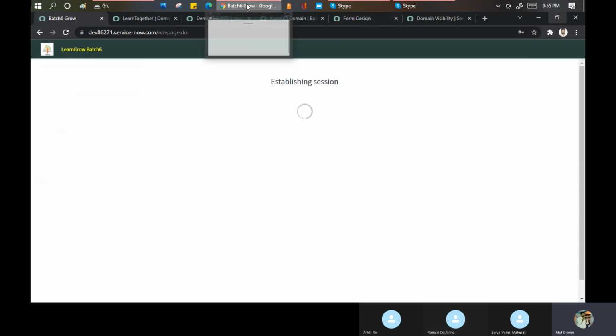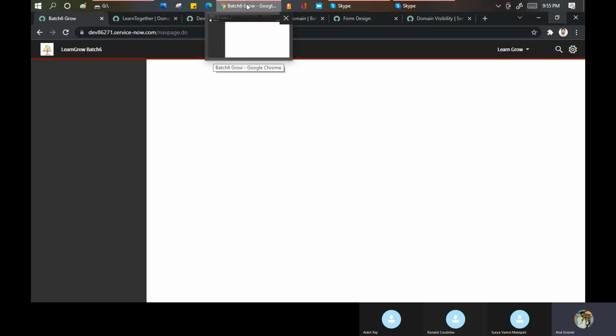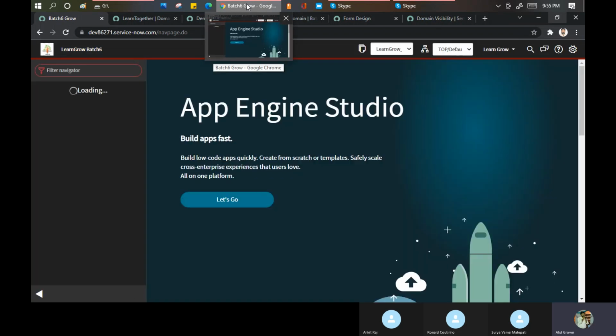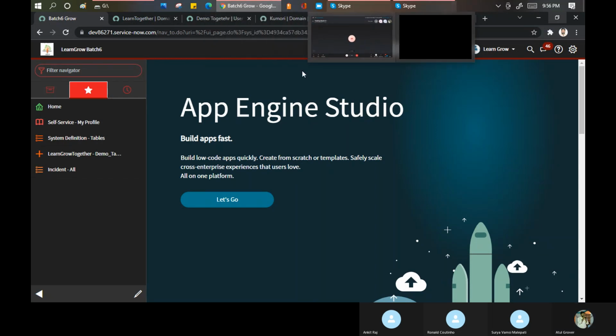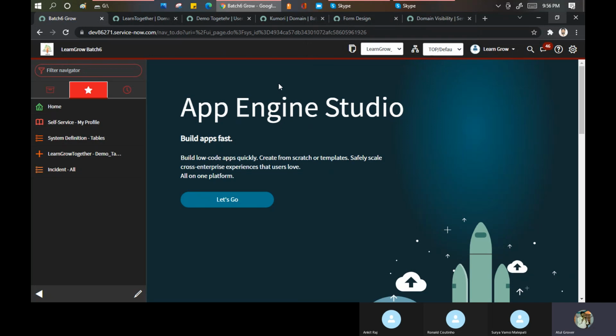Okay. So this is all about the domain separation, which I put in front of you guys. Just a quick one. If we do any kind of scripting modification on any business tool on the back side, not on the user profile, for the domain visibility, right? Domain separation.